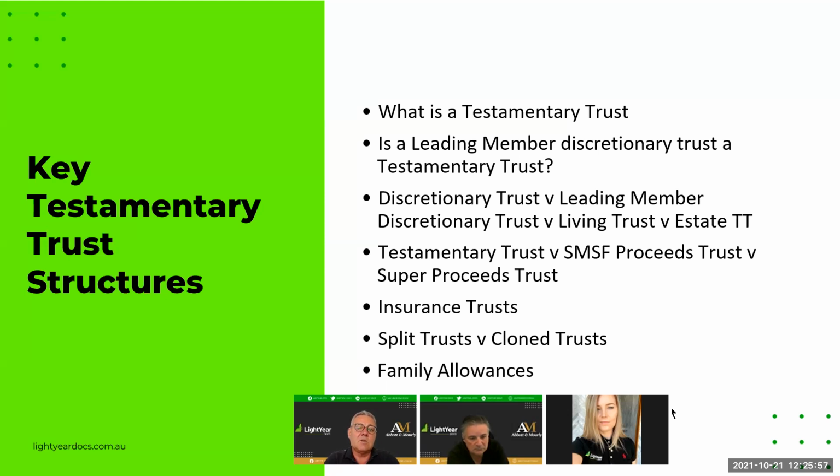But again, both the estate-based testamentary trust and the super proceeds trust cross that line and are open to family provision challenges. Whereas with an SMSF proceeds trust, or we can have a super proceeds trust, I'm dealing at the moment with an advisor looking at monies coming out of a managed portfolio where the client's died and it's being paid directly to the spouse, who then settles or gifts that into a family discretionary trust. That will obviously fit the needs and be akin to a testamentary trust in terms of